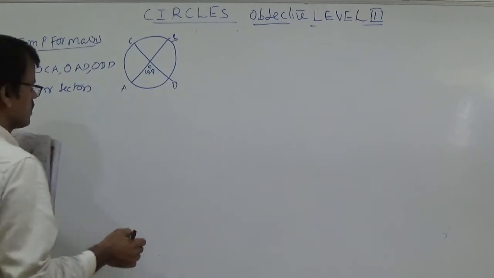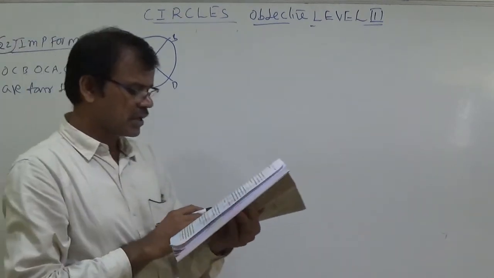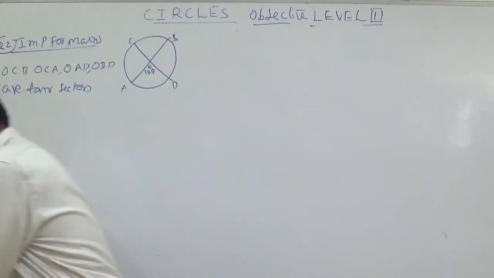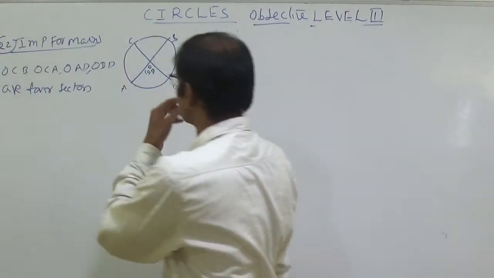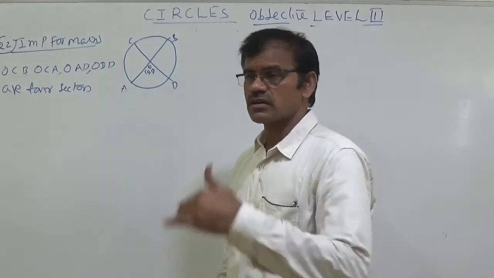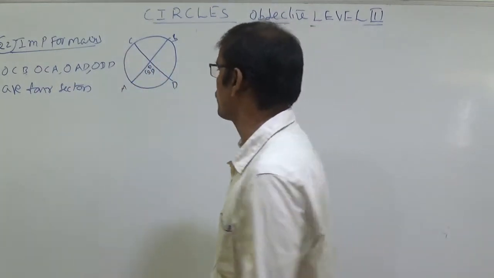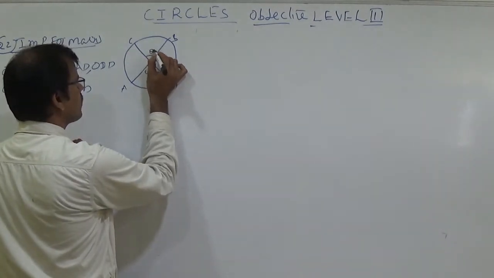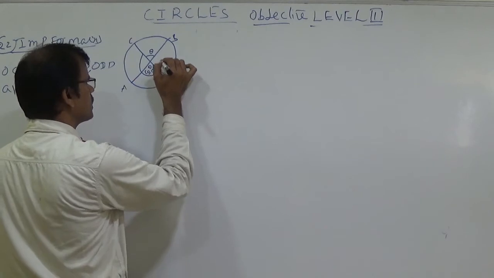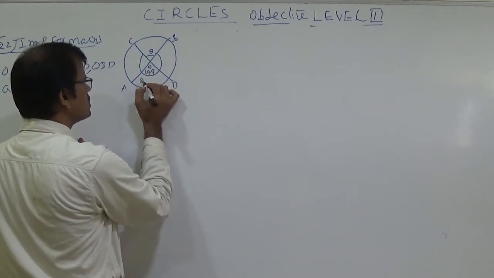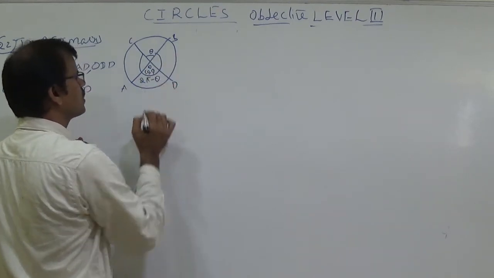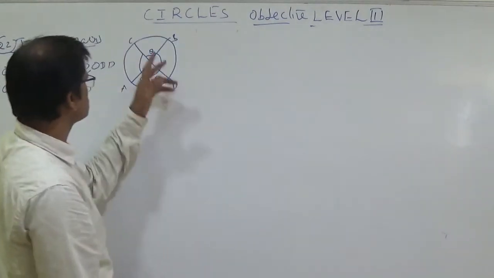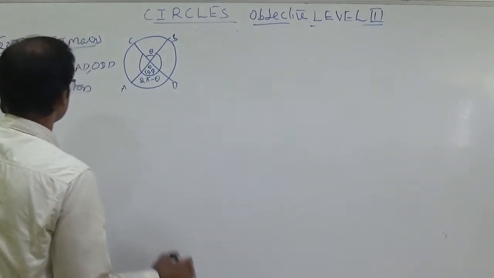The sectors are also given the condition that the area of one sector is thrice the area of another sector. So the large sector's area is 3 times another sector. Then you can understand like this. If this angle is theta, this is 2 pi minus theta, because the angle at the center is 360 degrees. This is the small angle, this is the large angle, 2 pi minus theta.